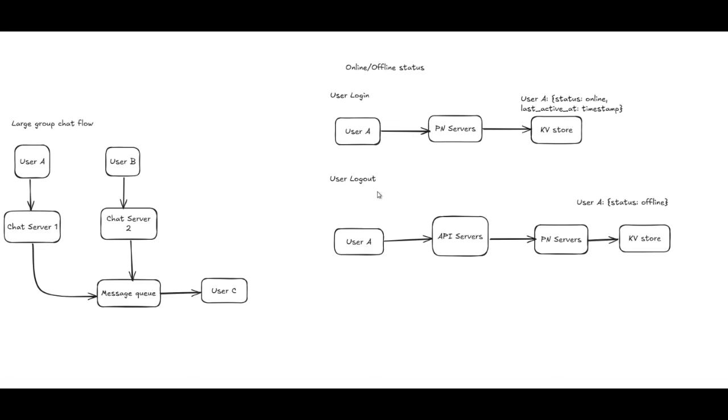For offline status, when a user logs out, we will send a request through the presence server, and the presence server will send a request to the key value store where we will save the status as offline because the user got disconnected. Now, this flow sounds very simple and straightforward, where you just mark it online and offline, but this is really not practical. Why? Because when a user is online, there might be a chance that they got some internet issues or